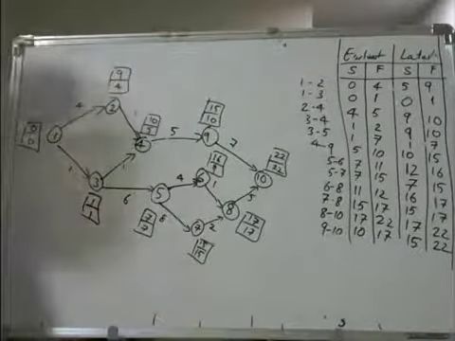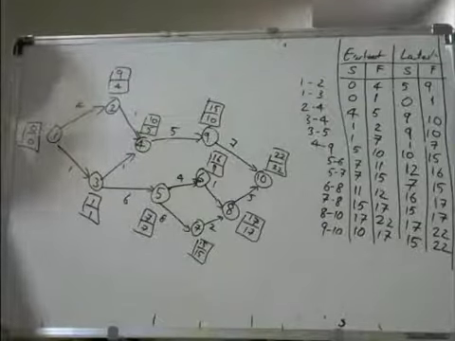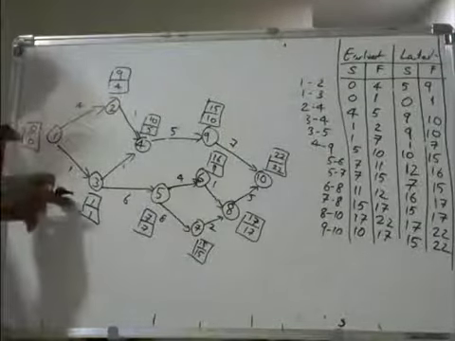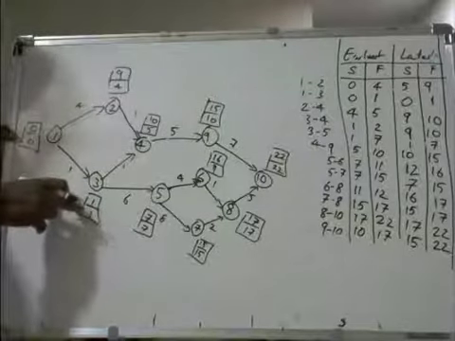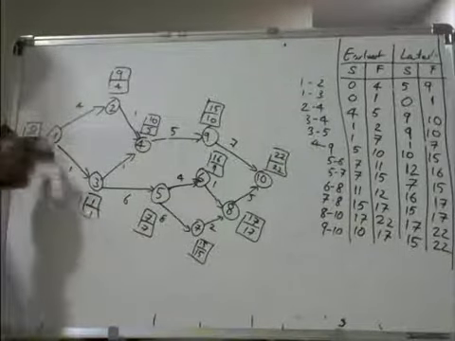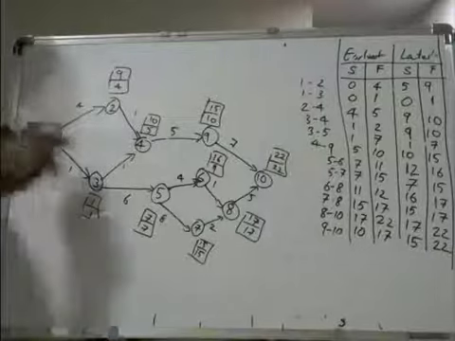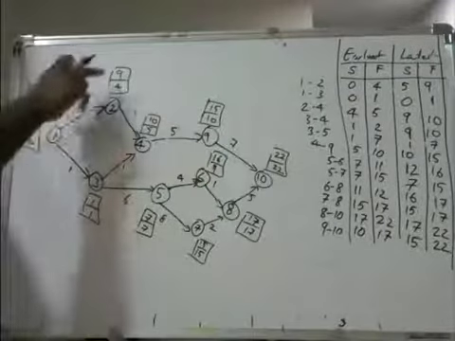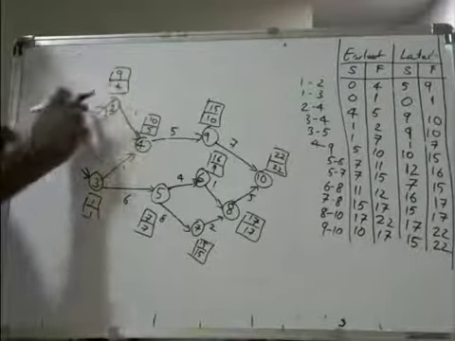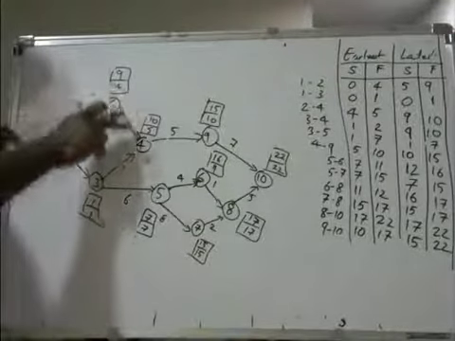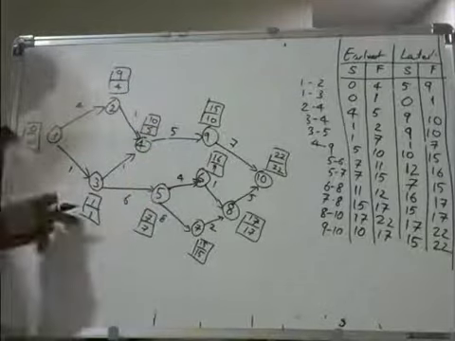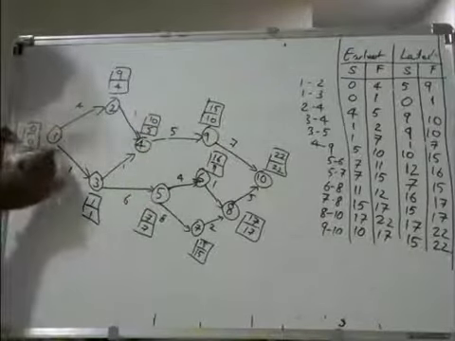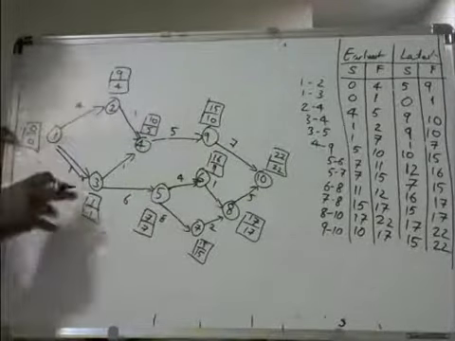Now what are the critical activities here? The line joining 0 0 and 1 1 will be a critical activity because the earlier start and finish should be both same. Here start is same, the end is 22 22 is same. Here 9 4 is not same. So here it is not a critical activity. Here it is 10 15. Here it is also not a critical activity. So 0 0 and 1 1 is there. So this will be joining with a double line. So this is a critical activity.